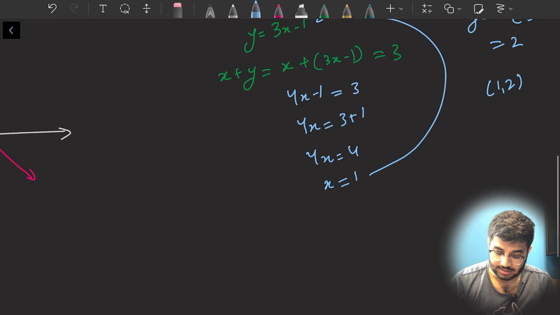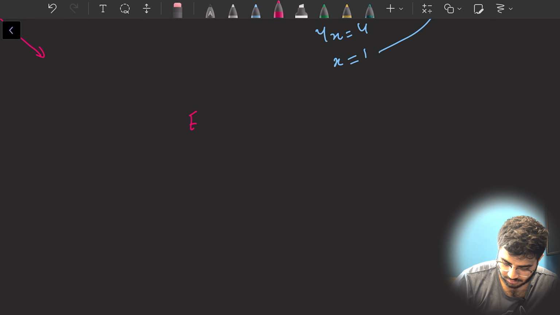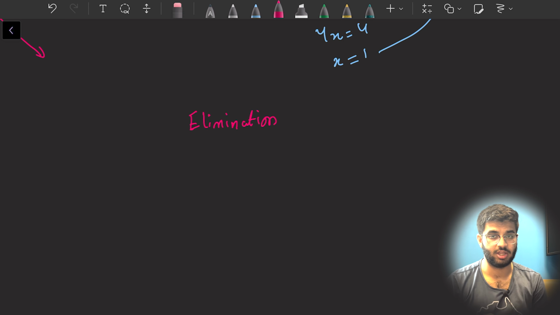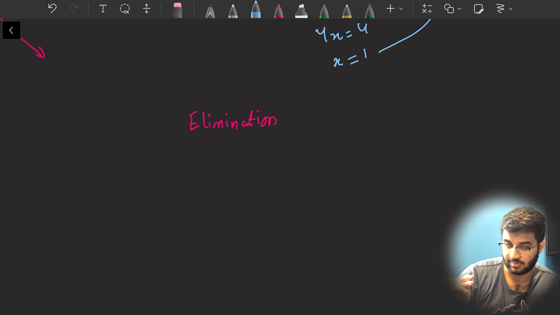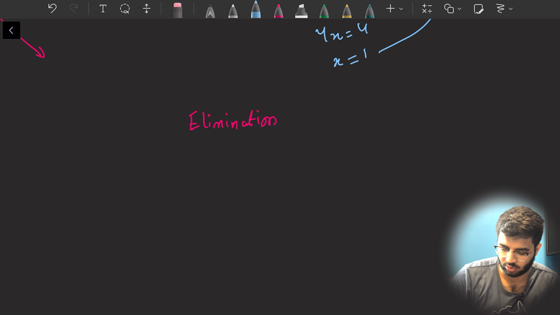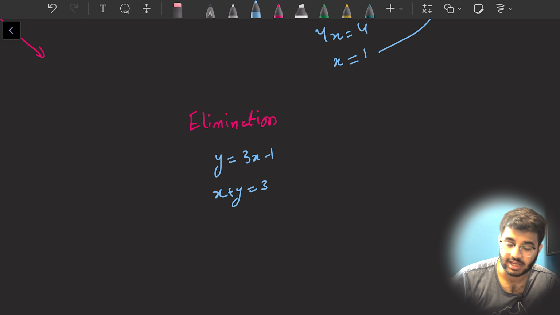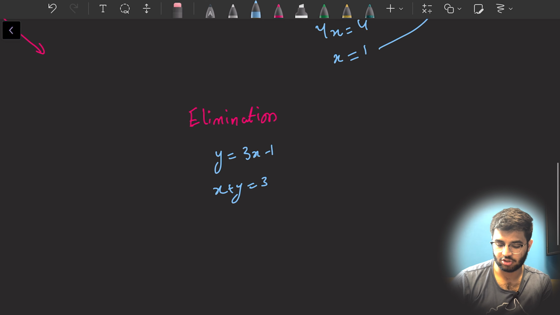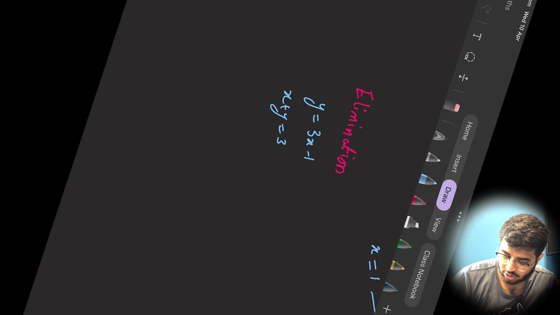The last method I'm going to talk about is called elimination. Now, this is one of the most efficient methods out there. It's very quick, but it is a bit hard to wrap your head around. So please focus a bit, and trust me, once you get it, it's very comfortable to work with. What you first want to do is take your equations and rewrite them so that everything is aligned, so your x's and y's are in the same spots. A quick way to do that